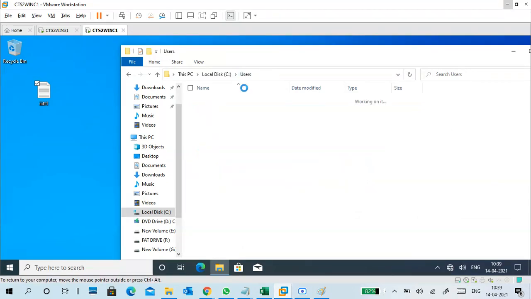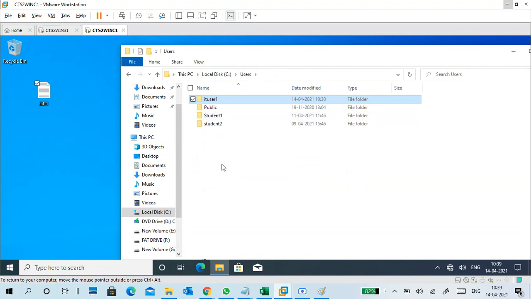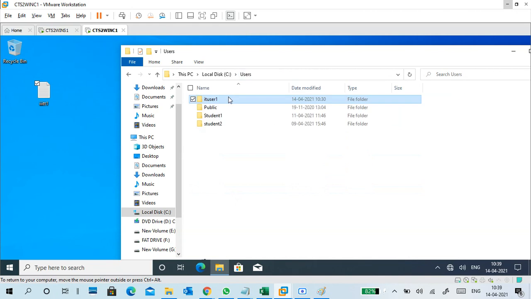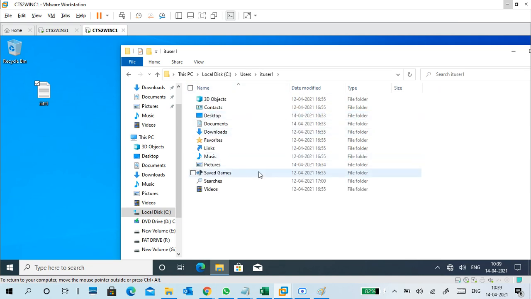Under Users you can see IT user 1, student 1, student 2. If I log in with IT user 2, an IT user 2 directory will be created here, and if you open it, you will get the same structure. This folder is the personal folder for that particular user, and all profile data stores here. What is stored under these folders comes under that user only, not based on the PC name.